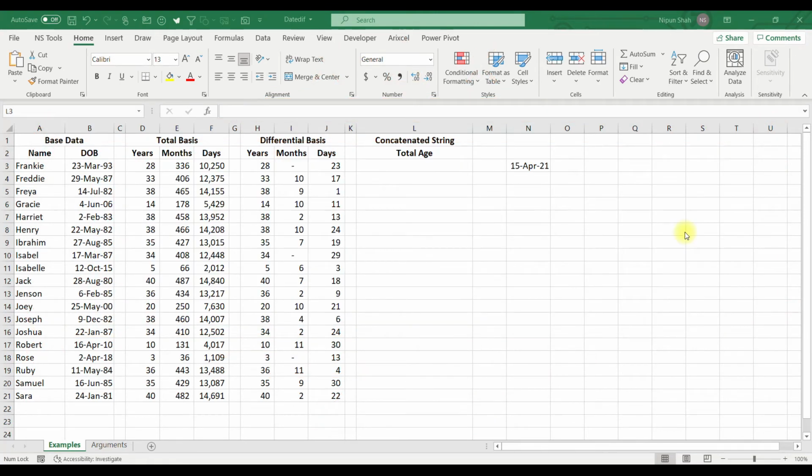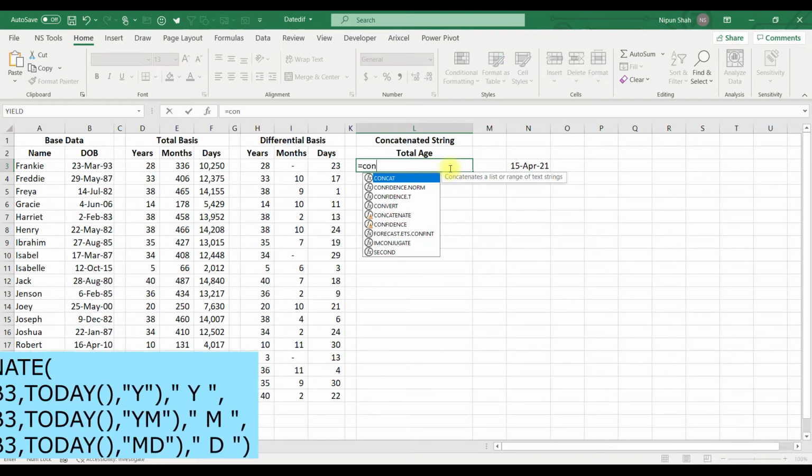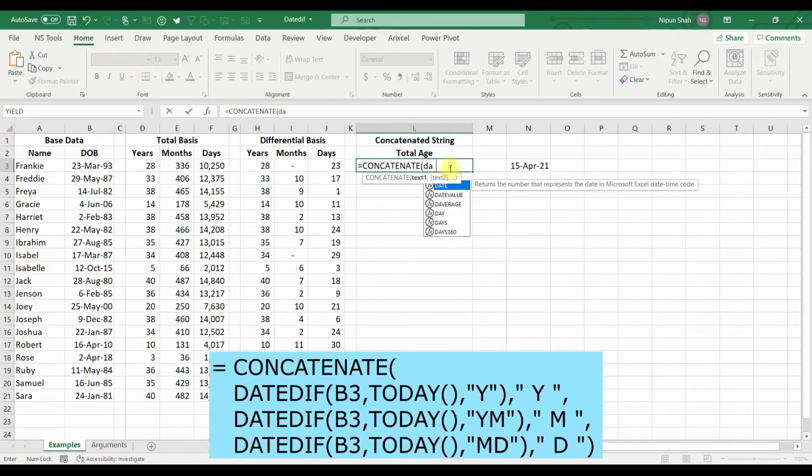Guys, you can also use the DATEDIF function with any other Excel function. For example, here if I want to calculate the total age, I can use the DATEDIF function along with the CONCATENATE function. Equal to CONCATENATE, DATEDIF, start bracket, start date, then comma, TODAY for today's date. In the quotes, type Y, close quotes, close DATEDIF, then comma, mention Y for years,